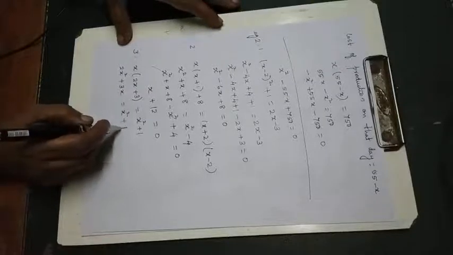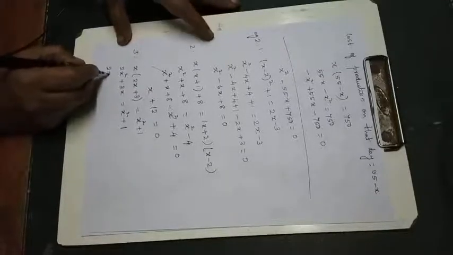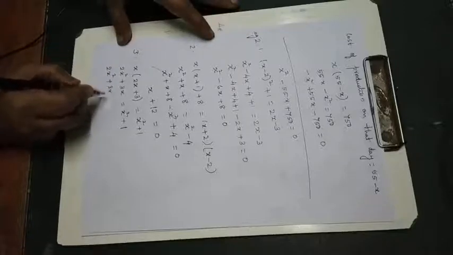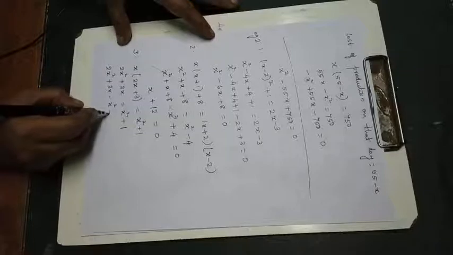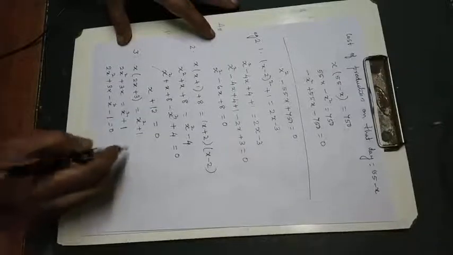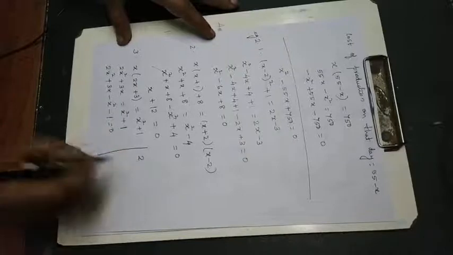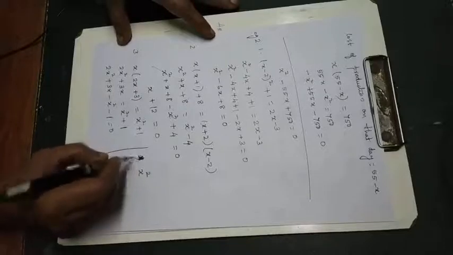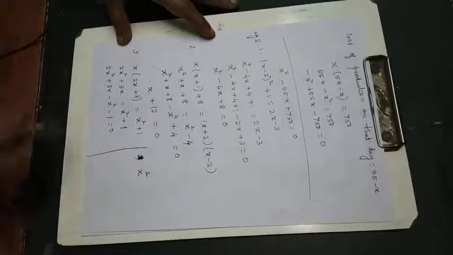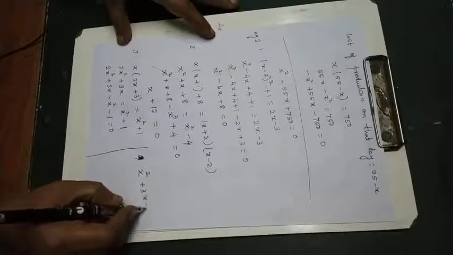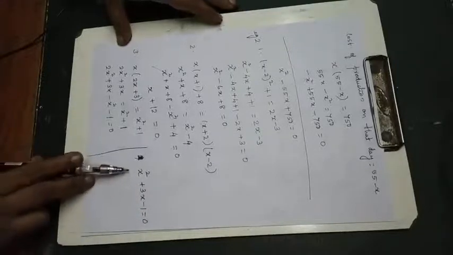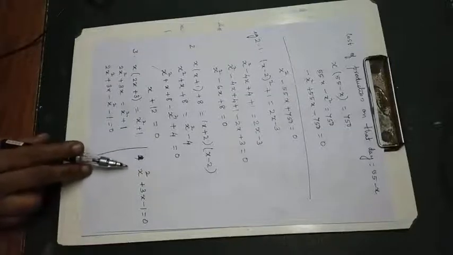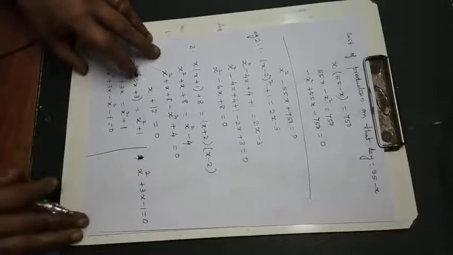Now x square plus 1 you take to the side, 2x square plus 3x minus x square minus 1 is equal to 0, or 2x square minus x square, so it is x square plus 3x minus 1 equal to 0. Now it is a quadratic equation where a is equal to 1, b is equal to 3 and c is equal to negative 1. Now fourth one,